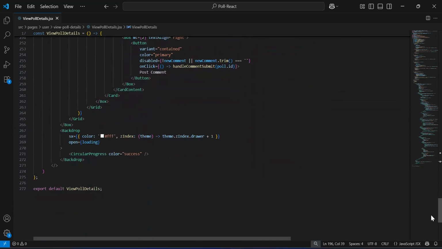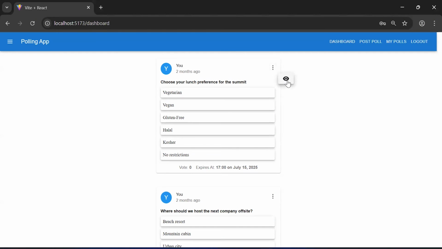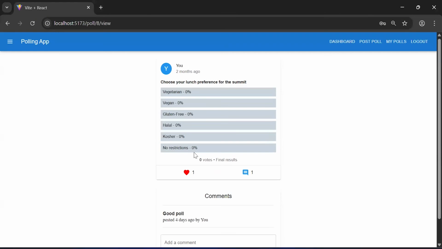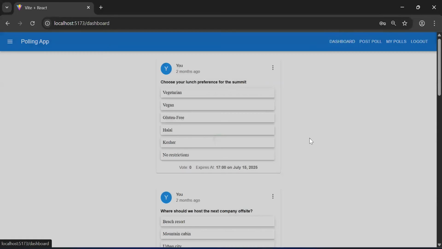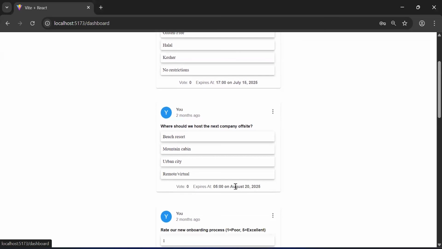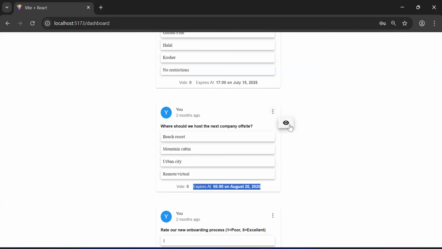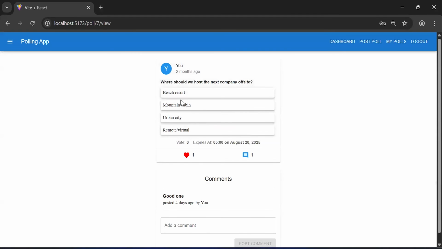Now let's navigate to the browser. Let's click on this icon to view this poll. Now as you can see, we are getting the final results because this poll has expired. Let's go to the dashboard page, and I'm going to open this poll, where the expiry of this poll is August 20. Let's go to the view details page, and I'm going to click